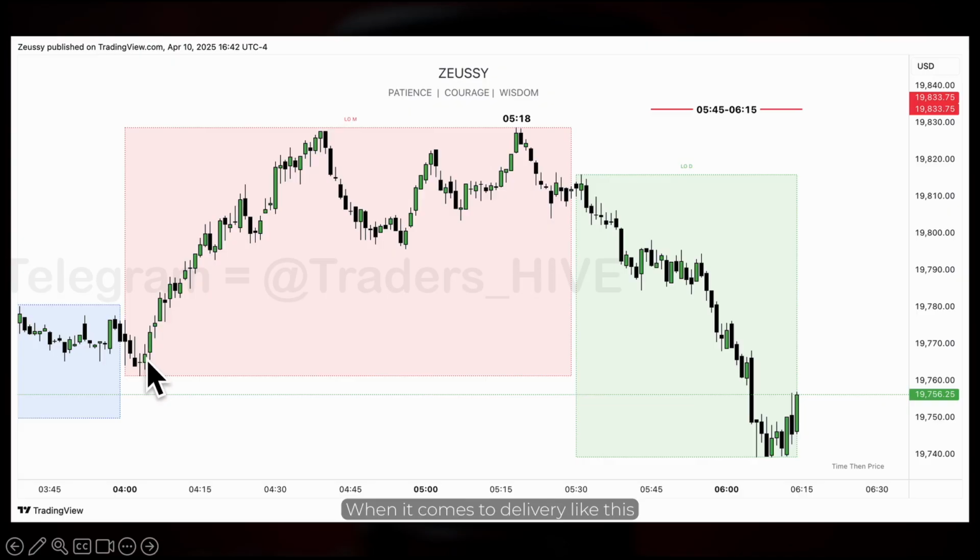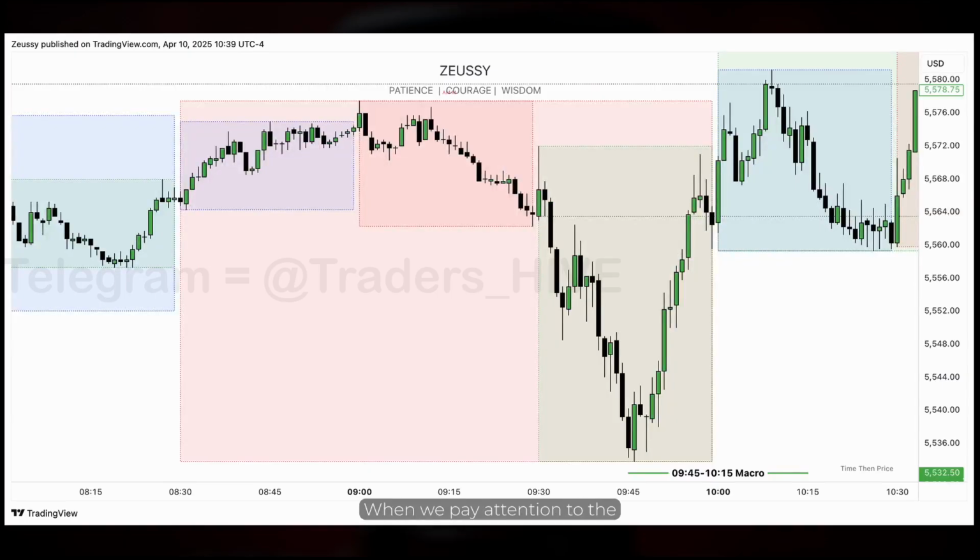When it comes to delivery like this, it's important to note that whenever an SMR forms outside of a macro window, we pay attention to the next macro window to anticipate when the next expansion is going to take place. Write it down, please. When we pay attention to the New York morning session then, what I'm targeting to see